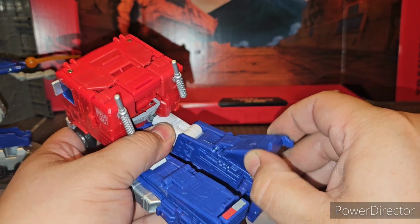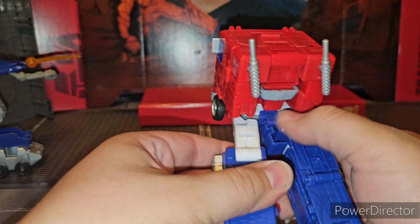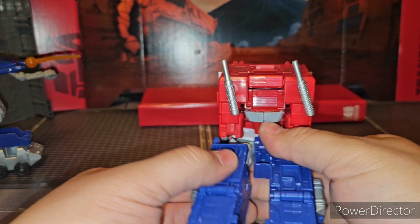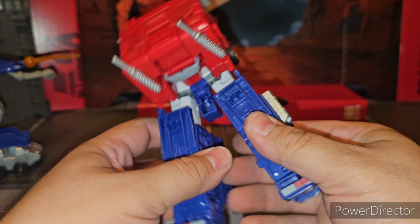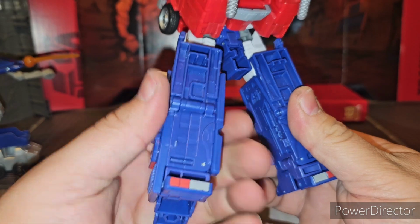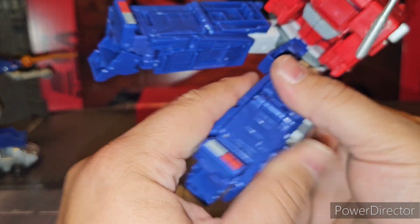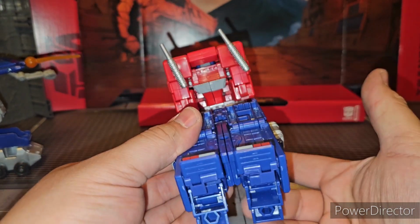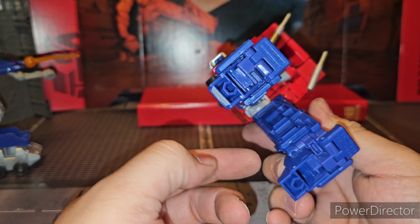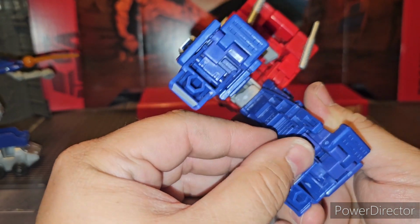Now what you want to do here is grab the back panel here, bring this forward, and it will tab into the back of his thigh. And the next one is the front plate for his shin, the front of his legs. This whole panel rotates around and becomes part of the trailer hitch for his truck mode on both sides. Now you can go ahead and tab that together, but you don't have to. There's this piece in here on both sides. You want to make sure you get this piece out,